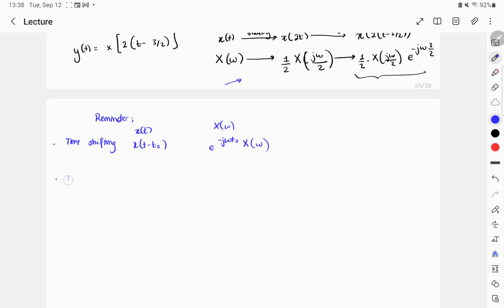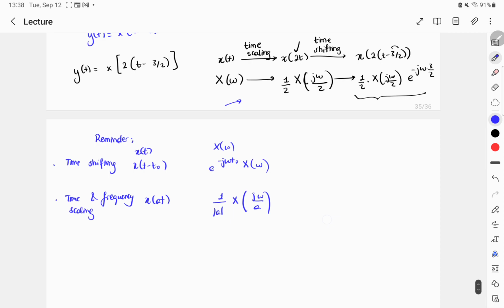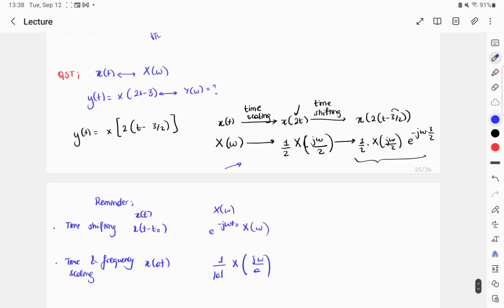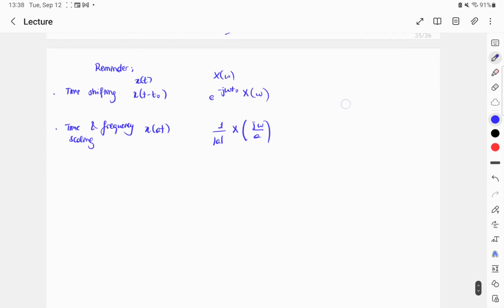Okay, time and frequency scaling. Let me show that too. Time and frequency scaling, and its formula is given as such. It was just a reminder in order for us to compute this example clearly. Okay, let's move on to the next question,